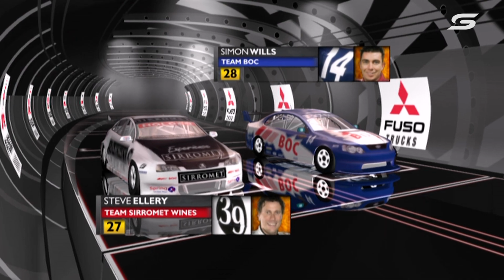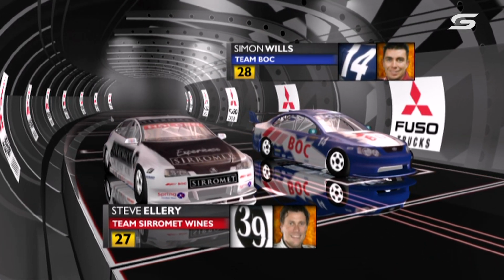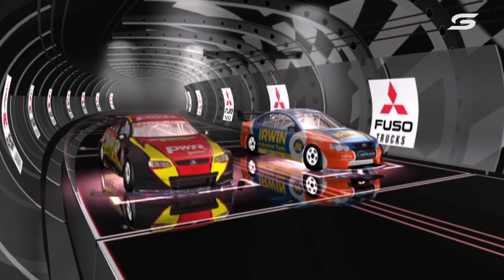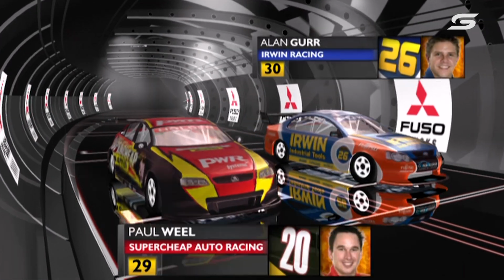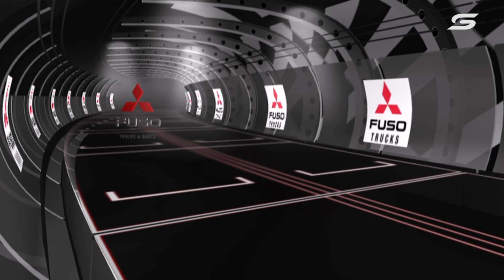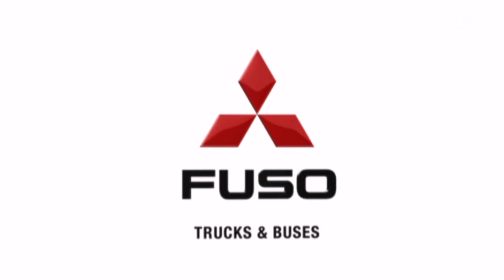And here's the rear of the grid. Steve Ellery replacing Fabian Coulthard for this round. He's gearing up, Steve, for the Enduros. And Paul Wheel, as we know, is replacing Paul Dumbrell in the Super Cheap Auto car number 20. So it's a 30-car grid,